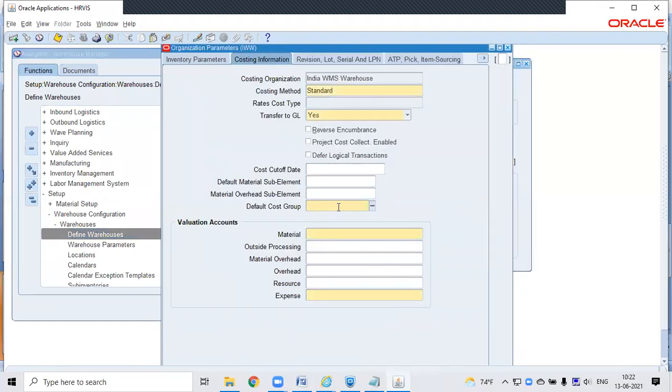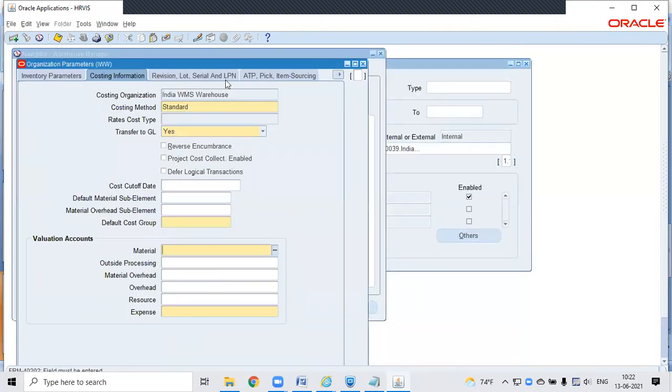I select. So actually it should be generated by the first one. Let me check.